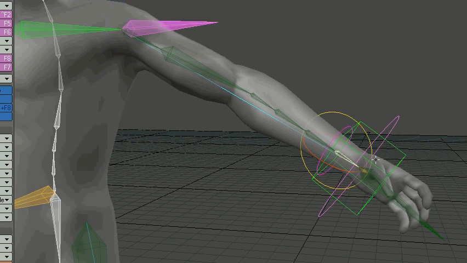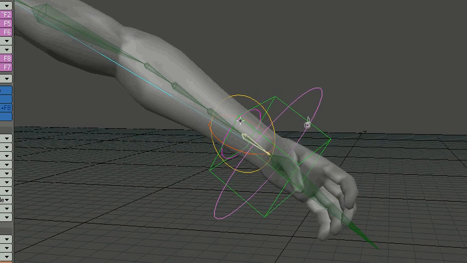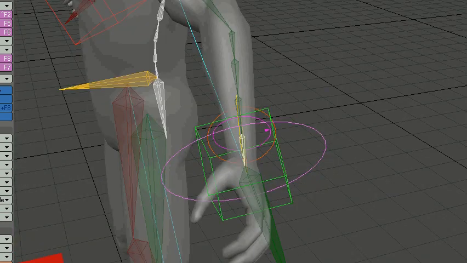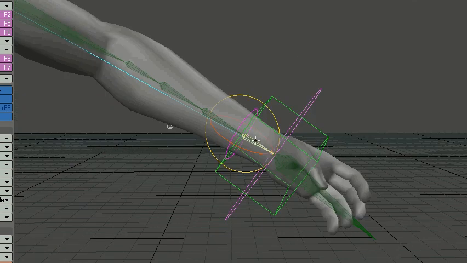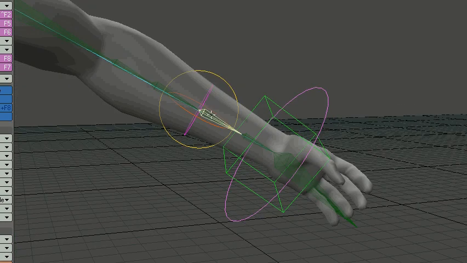And I did make one other change that I forgot about when I was telling you about splitting up the bone here. I made this last bone 100% of whatever this thing is doing as far as twisting goes. That way the wrist bones line up with this guy, so there's no twisting right here. It should all be pretty much synchronous throughout this whole region. So the twisting happens from here to here across these two bones in this case, but it can be as many as you want. Anyway,